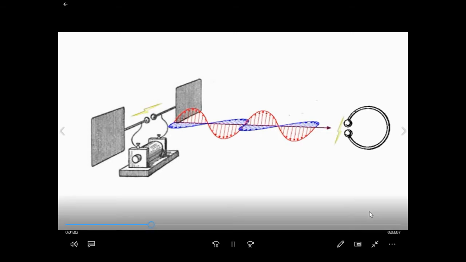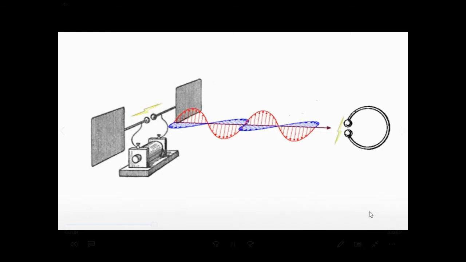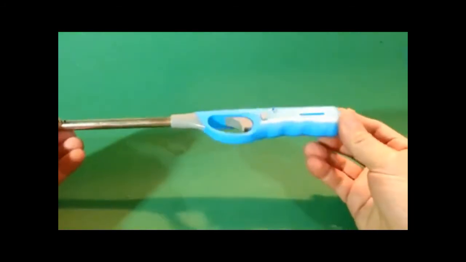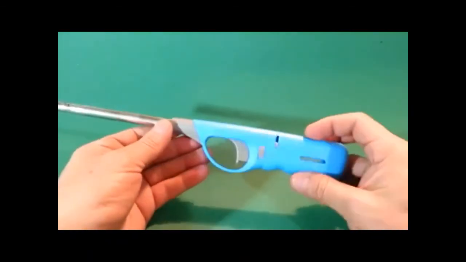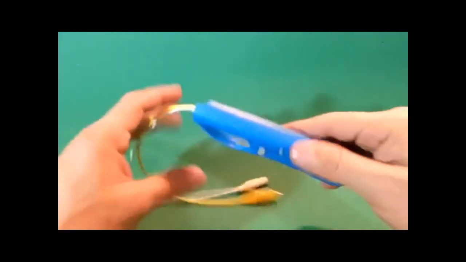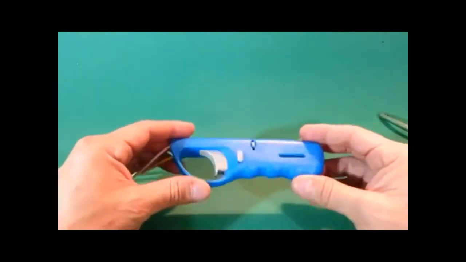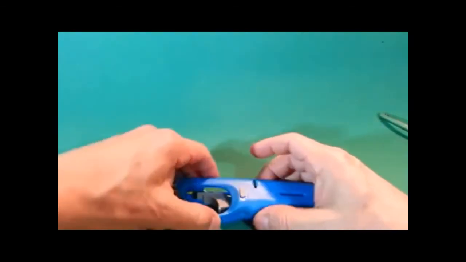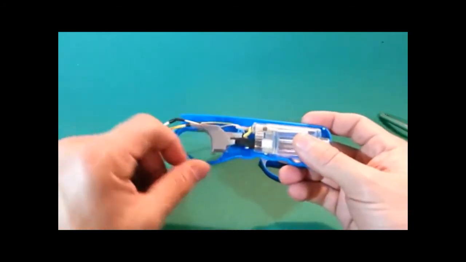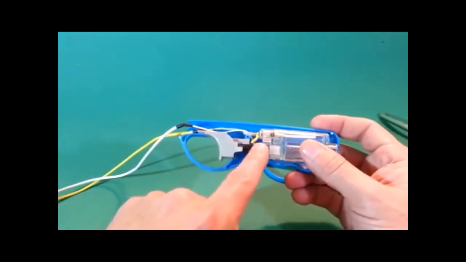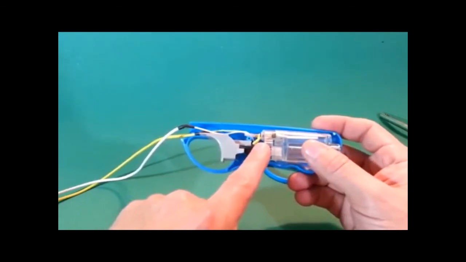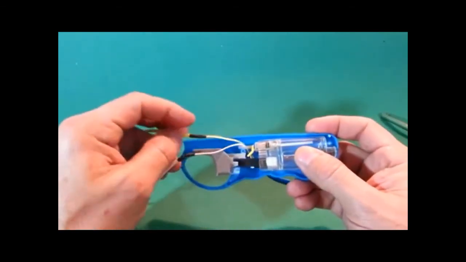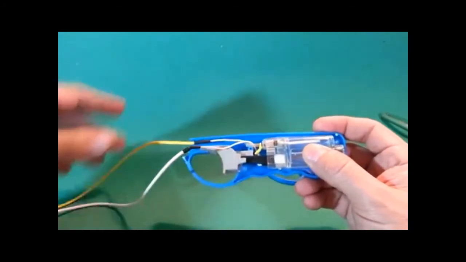Will appear in the ring gap. In this video, we make a simplified version of this famous experiment. This project requires a high voltage pulse in order to work, and we will obtain that pulse with a lighter like this. Here we have one that we have modified for our purposes. Let's open the lighter. Here it is. This is a piezoelectric element that produces a pulse of several thousand volts. There are these two wires that come from the piezoelectric, and we have connected a